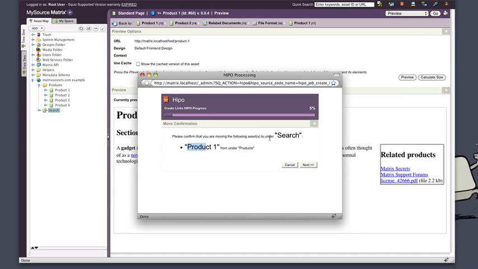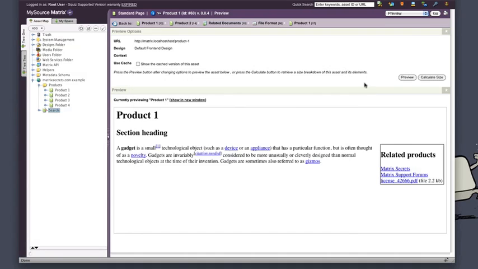you know, product 1 to search. But as I said at the start of this screencast, there are two important factors in here. One is that you can make these changes to Matrix, and there are a lot of interface improvements that I think you can make for your organization, especially if you're seeing users moving the wrong asset, if you do your own user testing, or if they're mistakenly deleting assets. The other one is the power of this lang strings XML file. So if I just go back to it quickly,